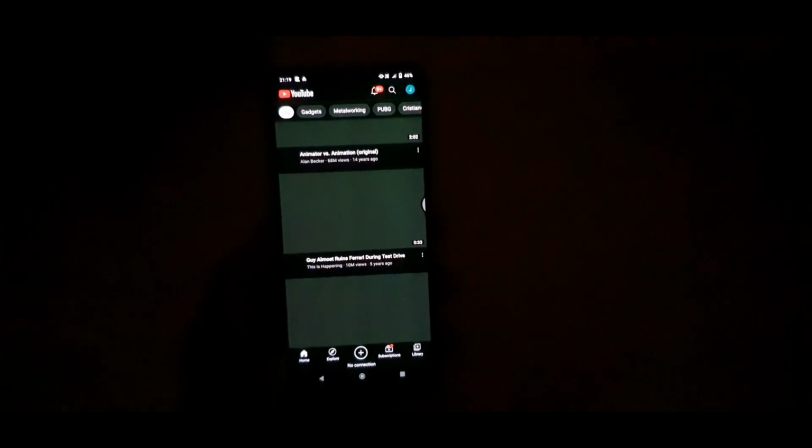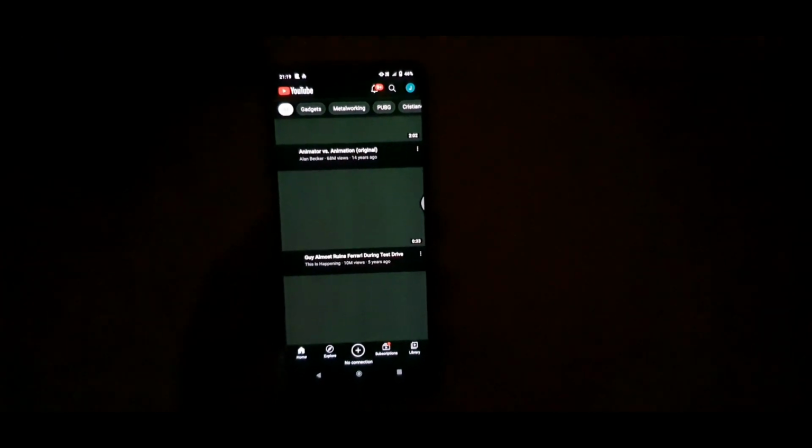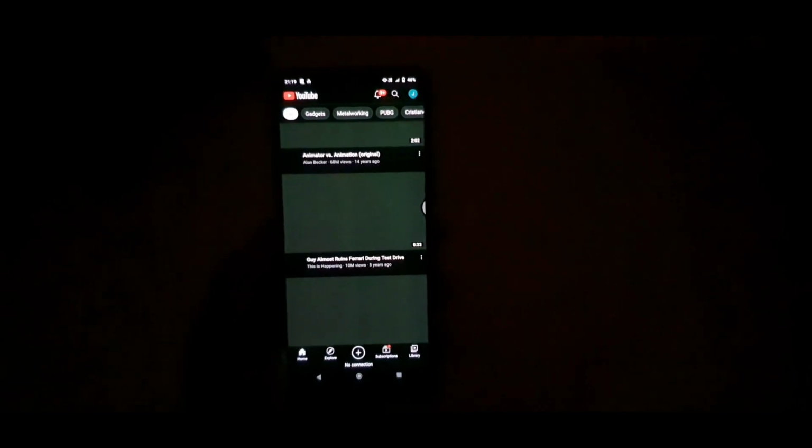I'll also explain using Google Chrome and other applications, and in the notification panel and settings as well. But this is the YouTube application, friends. You can clearly see the difference in how it is in the YouTube application. This is my first time seeing it in YouTube. Before, I never noticed it in YouTube, but right now I did. That is the reason I thought of highlighting this issue first, then going to the next problems.